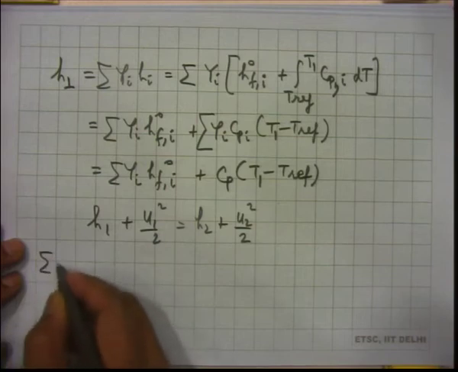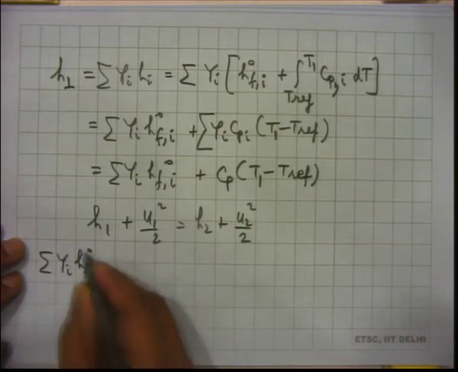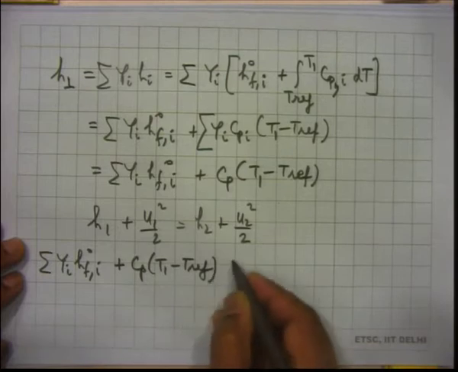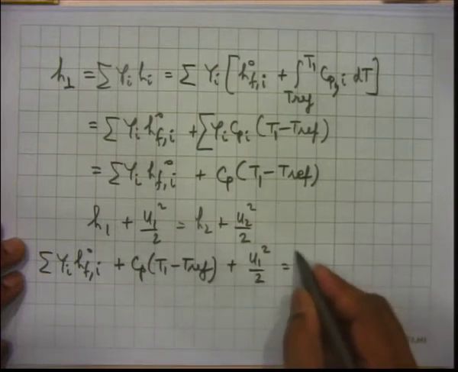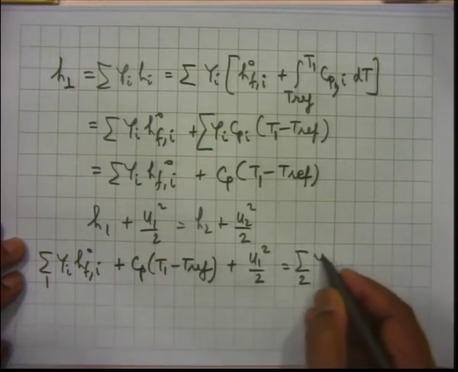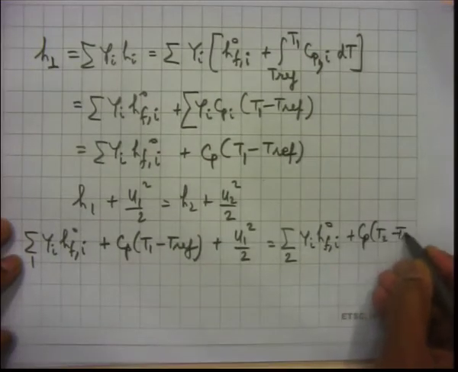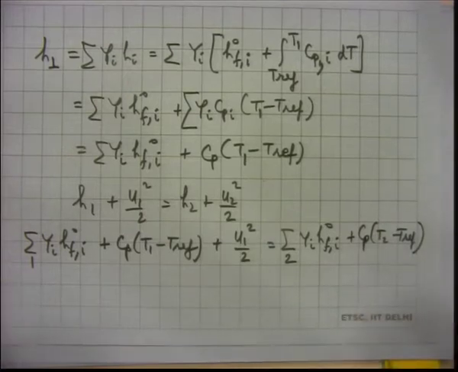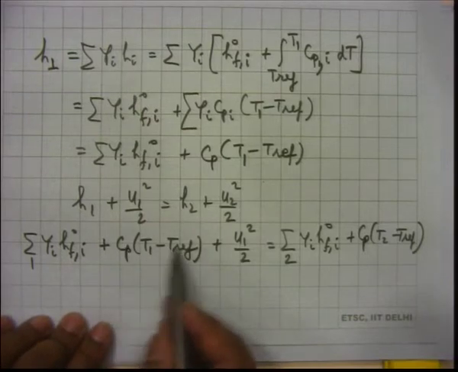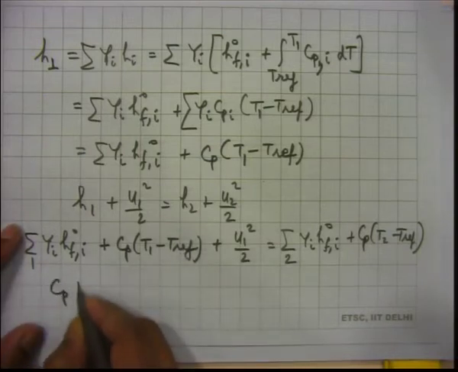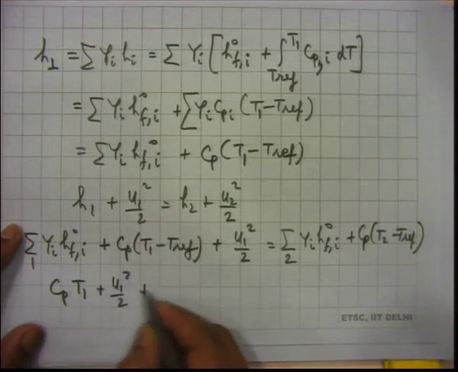So, we write summation yi hfi naught plus Cp T1 minus T def, this is over 1. Correct. So, the Cp T def will get cancelled. So, we will get Cp T1 plus U1 squared by 2 plus summation